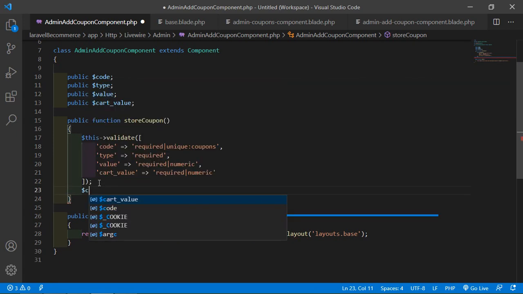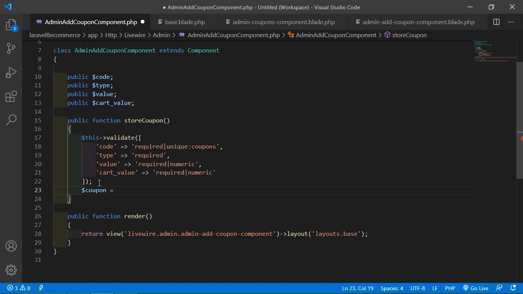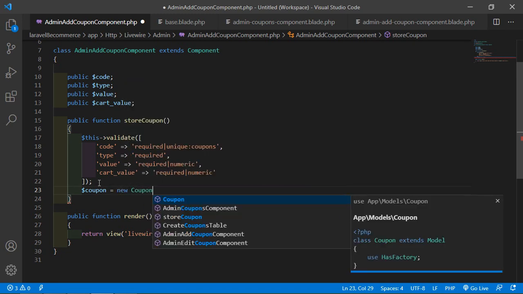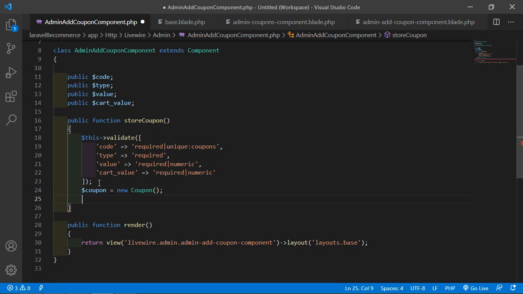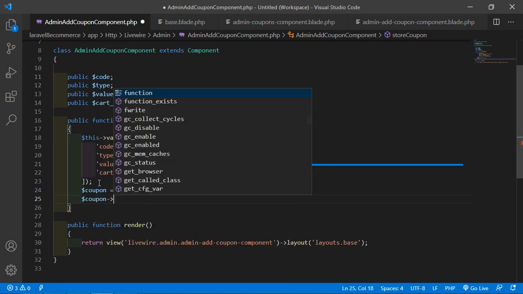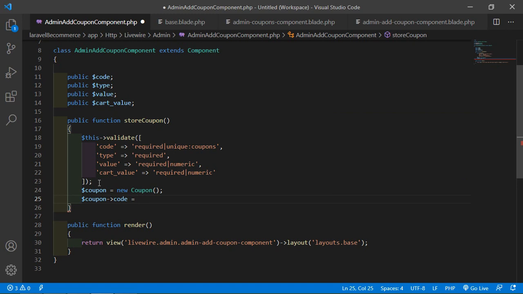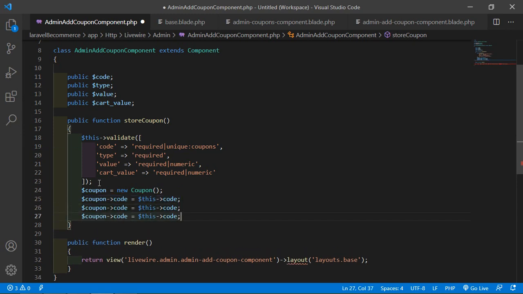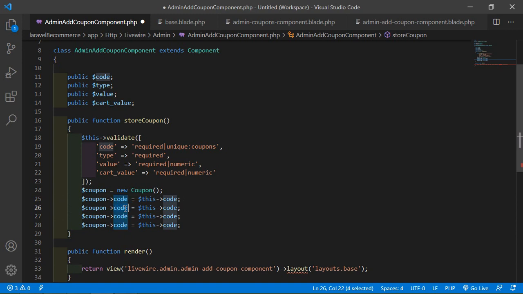create a variable coupon is equal to new Coupon, then $coupon->code is equal to $this->code. Okay, now just copy this and paste it, control plus D and add here type, then value, and here cart_value.